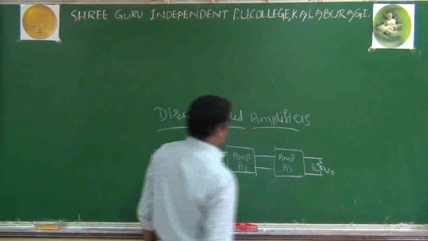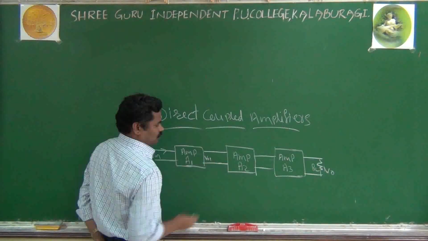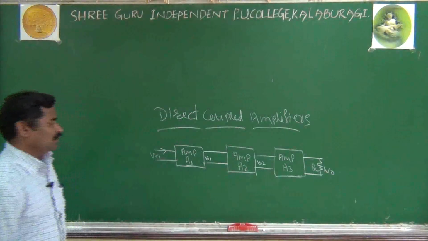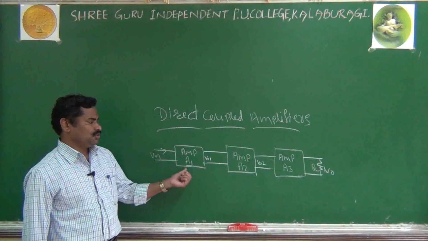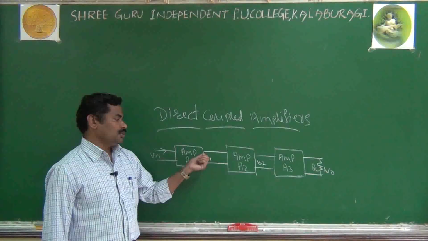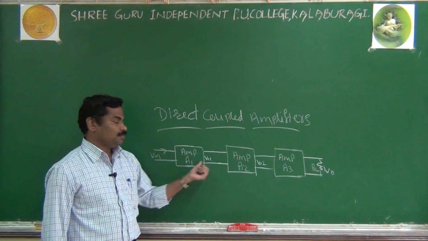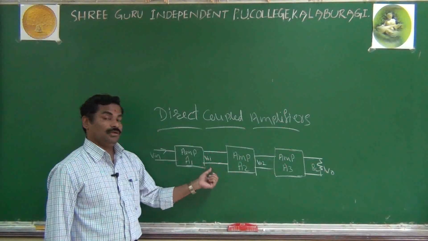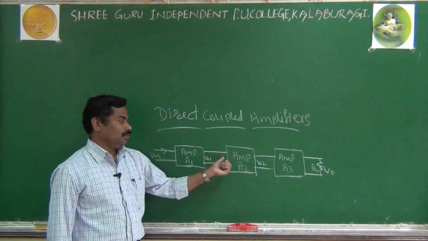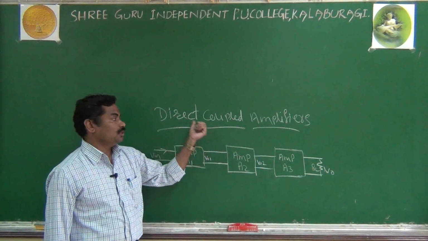Output here. It means you are using it directly. This is your V01, this is your V02, like that. And the important thing here is this is the first stage, this the second stage and third stage. But in between, as I said about coupling in multi-stage amplifiers, the output of the first stage acts as the input of the next stage. But how are you transferring the signal? Only with wires. We are not using RC, we are not using a transformer. That's what is called direct coupled.